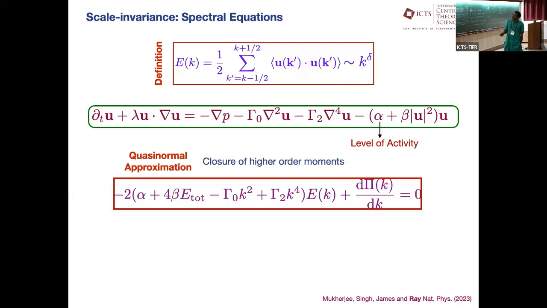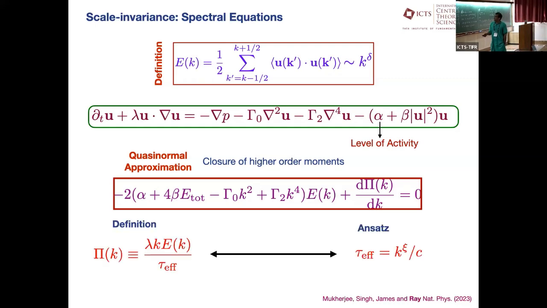So what we can do is, and we can go through this later without touching on the details, one can begin with the hydrodynamic equation and then do what's known as a quasi-normal approximation. Those of you from classical turbulence know this since the 70s, 80s, starting with Crichton and others, and essentially write down a closure equation for this system. And when you do that, you end up defining the flux which goes through scales